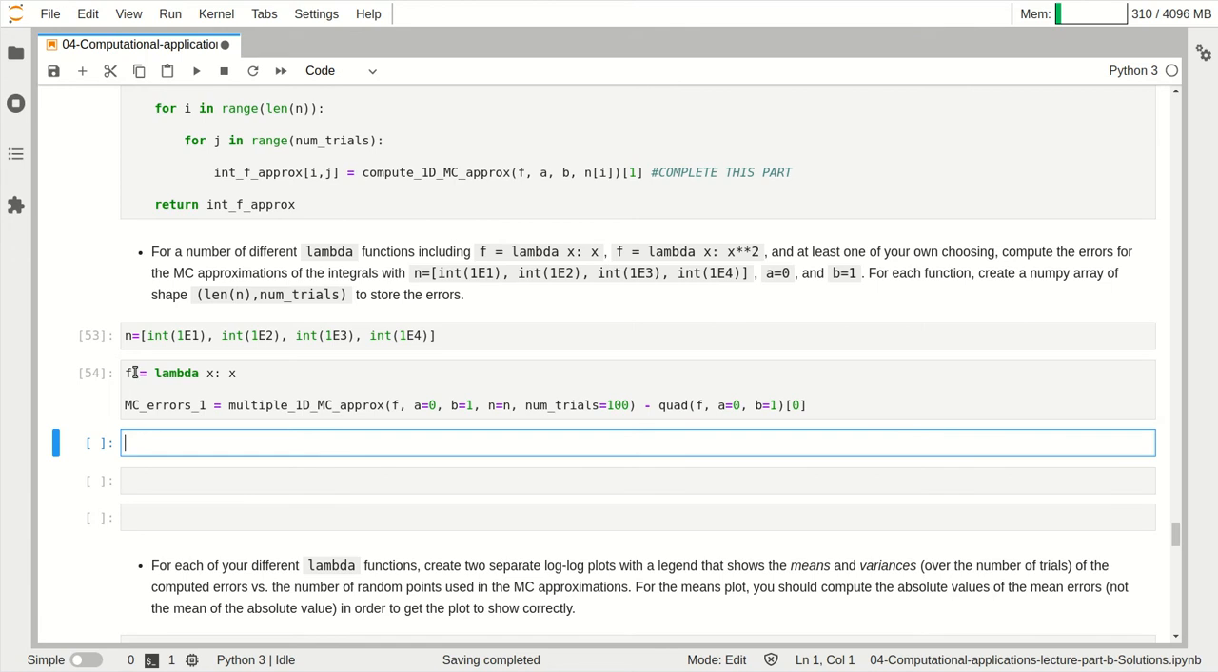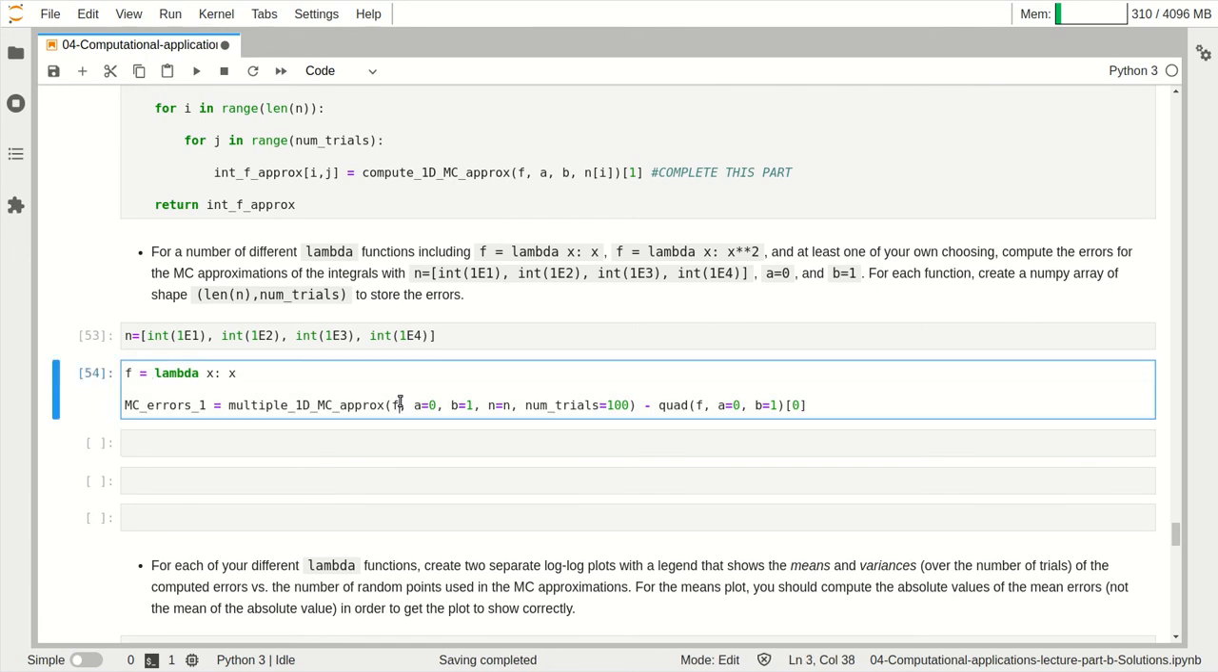You could do f equals lambda x squared, or you could just put the lambda functions directly in here. It's up to you. Just make sure to call that errors 2, errors 3. I like to create the function f here because it's called both here and here. And that means when I copy and paste this code and then change this to a 2, all I need